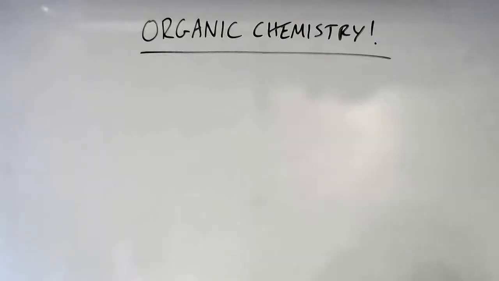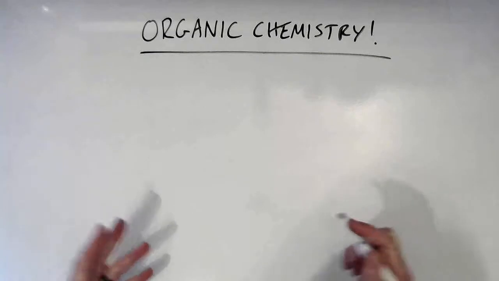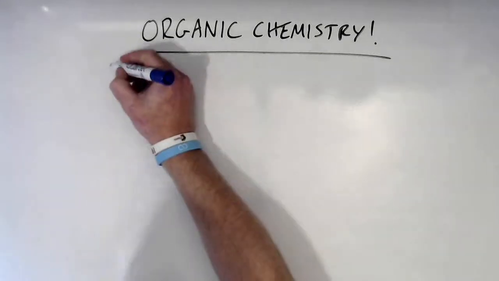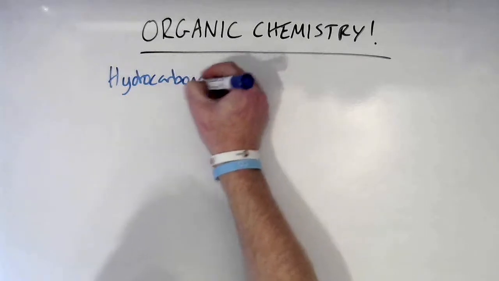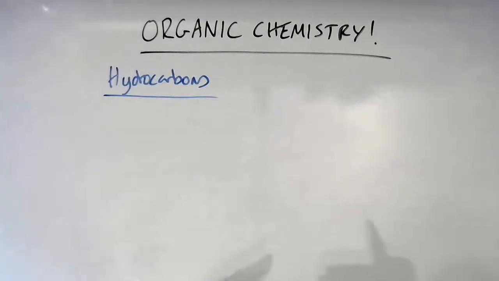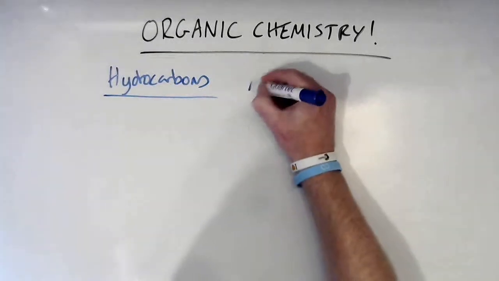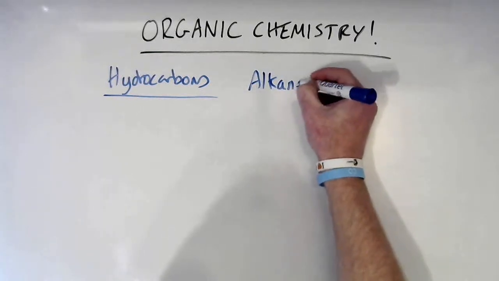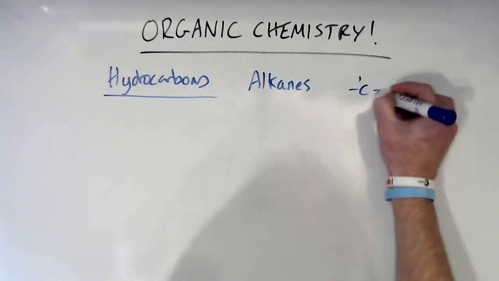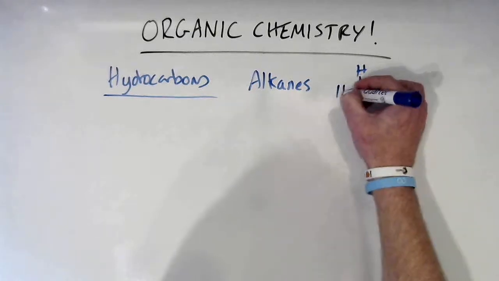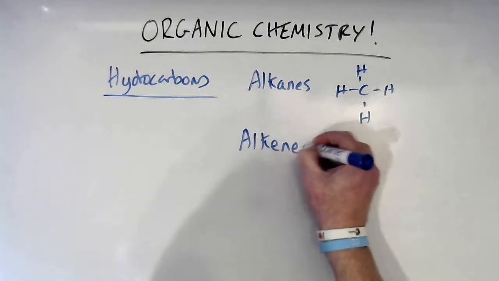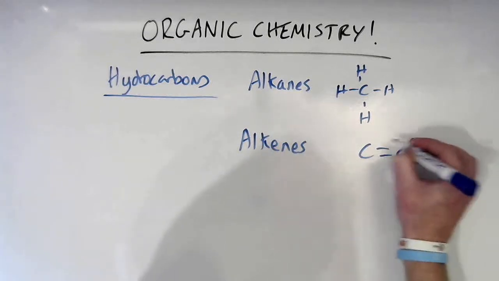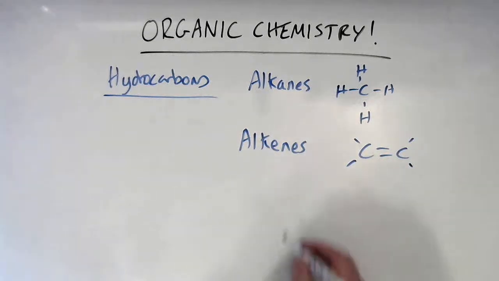Number 4, organic chemistry. At GCSE, the minimum you would have studied in terms of organic chemistry are, of course, your hydrocarbons, molecules that are made up purely of carbon and hydrogen. At the very least, you will have looked at alkanes, where they're saturated, so you've got all single bonds there between your carbons and hydrogens. You probably would have looked at alkenes as well, where we can have double bonds between those carbon atoms,